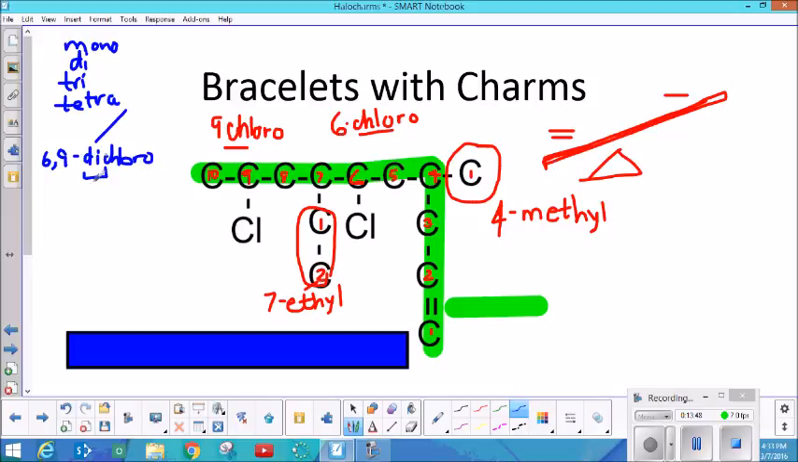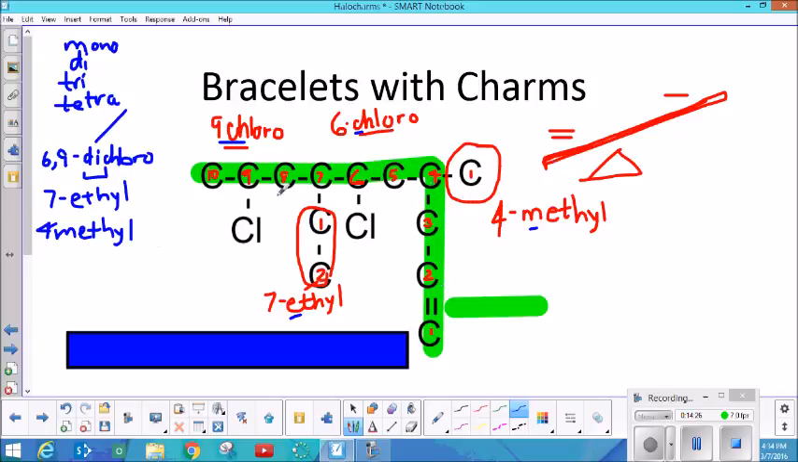I don't care about the di part when I'm alphabetizing. So they were going to be who I was going to say first based on the chloro. So remember, I'm putting these in alphabetical order. So I already started doing that. Chloro is going to be first, 6,9 dichloro, followed by a 7 ethyl. These would all go on one word. Followed by a 4 methyl. Then I would say my last name